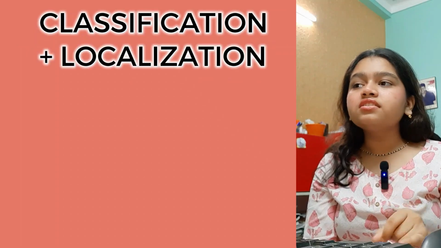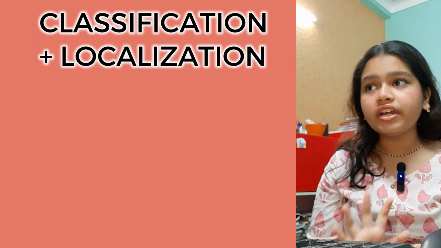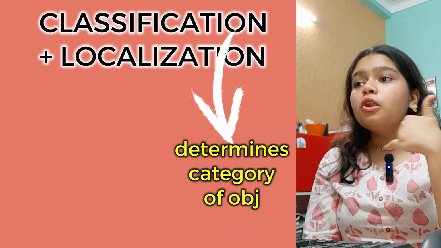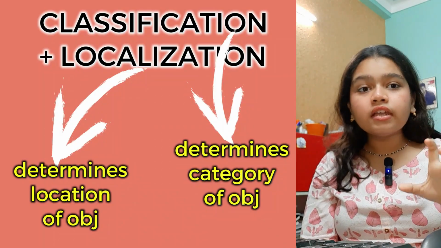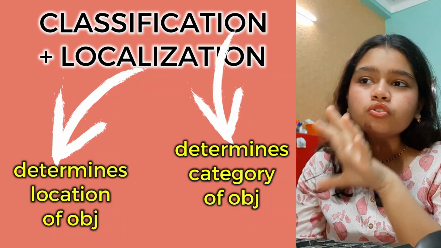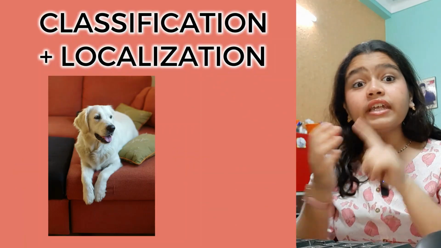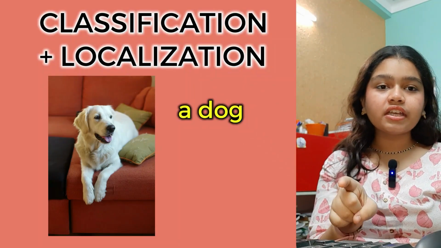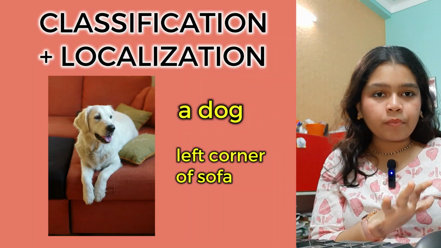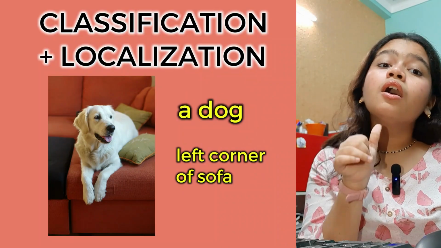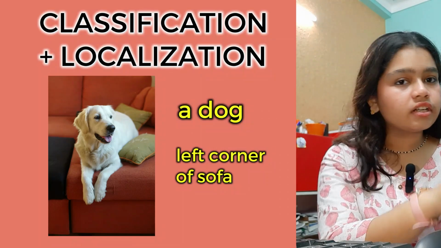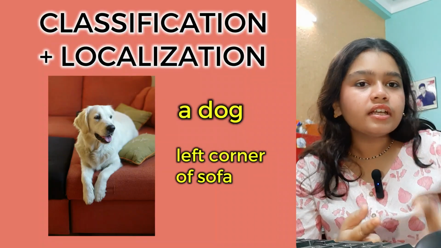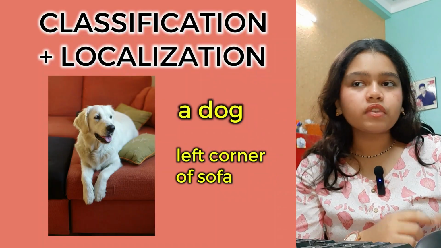Okay. Now the next one is classification and localization. Classification, you already know that it determines the class or category of the image. Localization means where that object is located in the image. Suppose you have an image of a dog sitting on a sofa. So that computer vision application will tell you that this is a dog which is sitting at the left corner here on the sofa. So it tells you the location as well. Classification is already happening, which is it recognizes it is a dog, and it also locates the dog in the image, sitting on the sofa in this left corner.